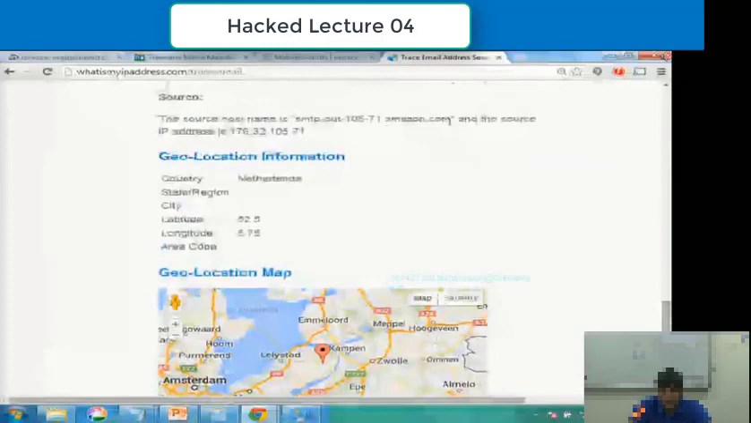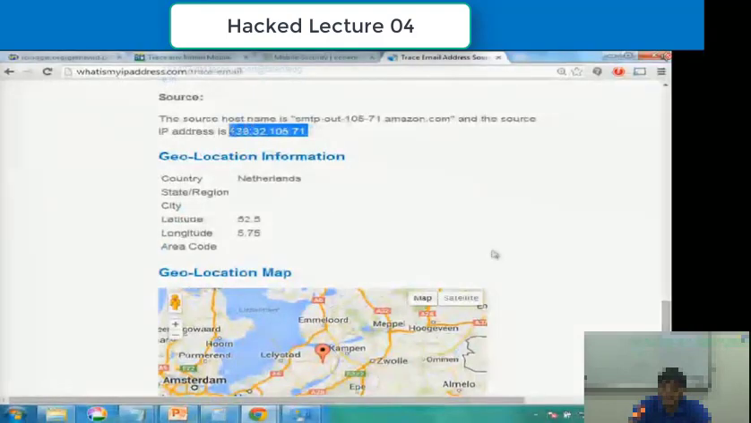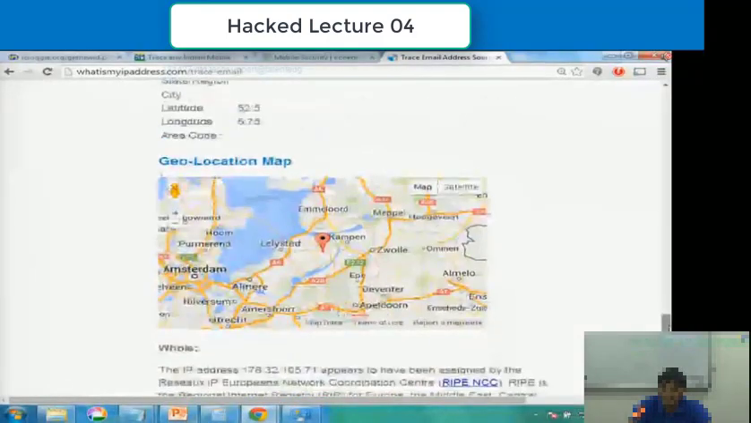If you notice, it has identified the source. The email was sent from this Amazon email server, and the source IP address is the following. And it has traced the